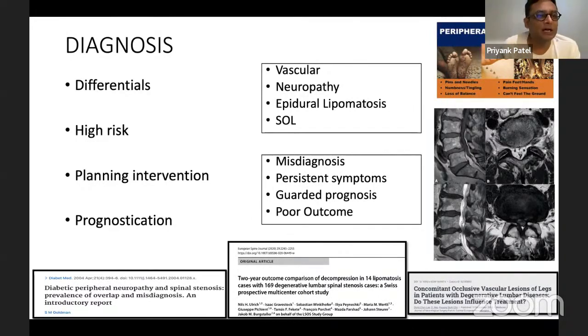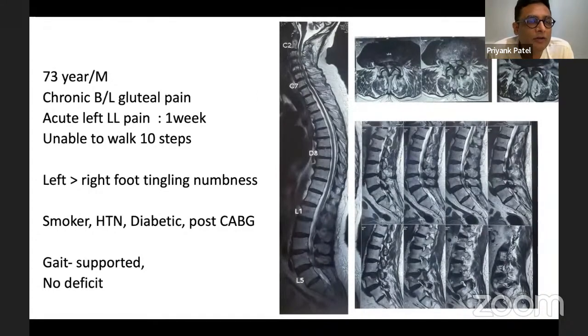So usually in these chronic cases where tight stenosis is there, in old patients, there are a few telltale signs on examination which tell me that these patients are probably bad candidates for surgery. One of them is looking at their toes. If you see that their toes are clawed, that means that the patient has a chronic compression. There is a significant amount of peripheral neuropathy and trophic changes. The outcomes are going to be a little guarded.